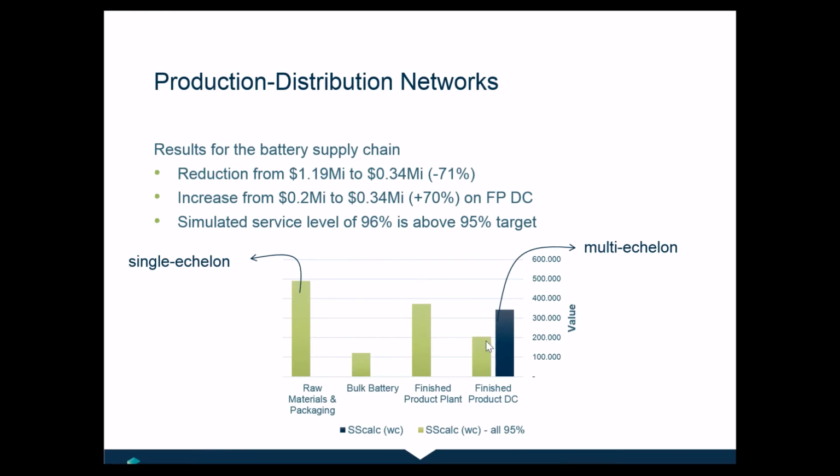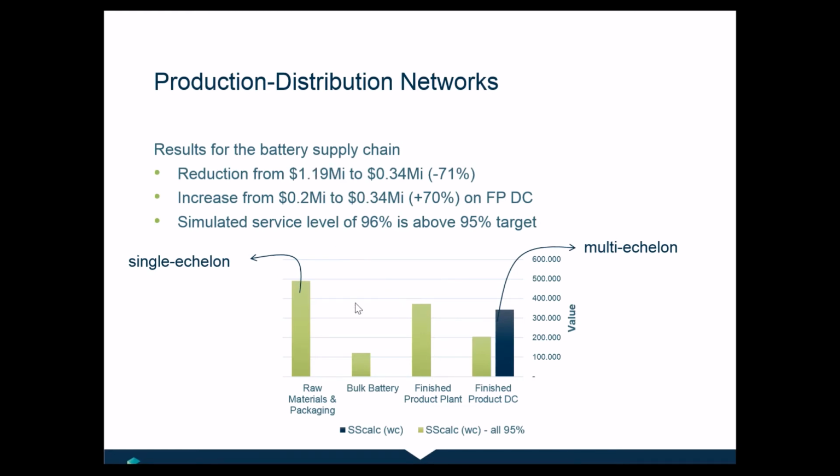The green surface is what we typically see as the starting situation in companies. We will have safety stock across the supply chain, right? So I have safety stock of raw materials and packaging, safety stock of bulk, which is the intermediate, safety stock of the finished product at the central DC, and safety stock of the finished product at the regional DC. The authors give some cost information. So if you do the single echelon calculation where we put safety stock everywhere, the safety stock investment is 1.19